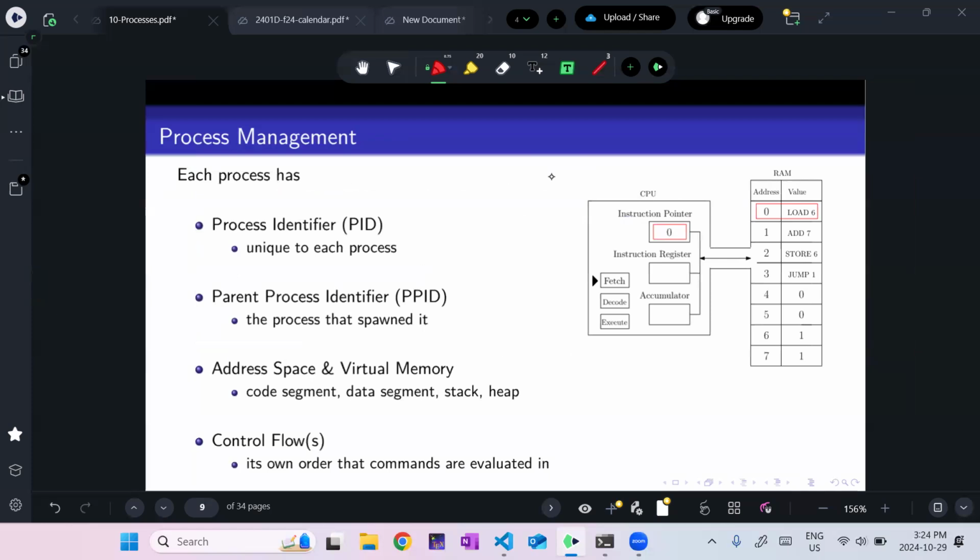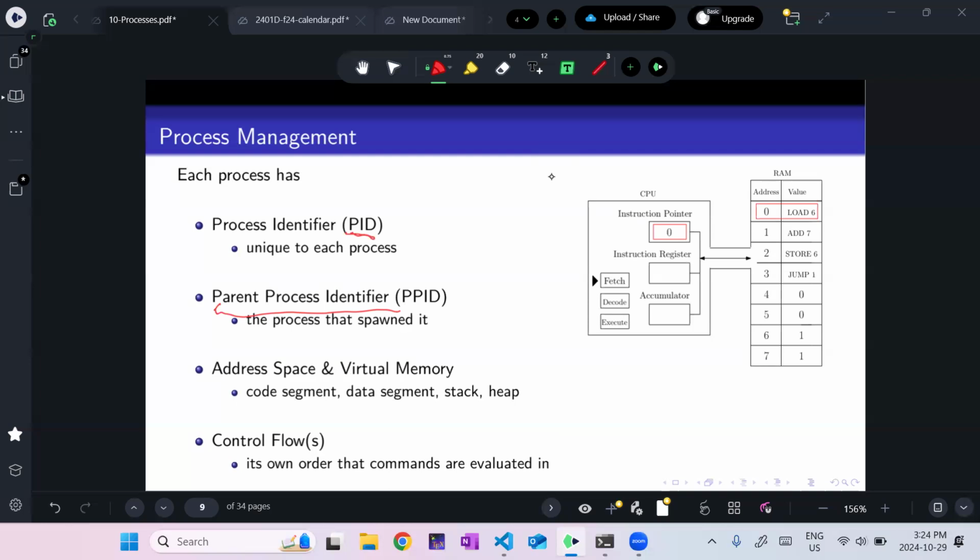Okay. Each process has a process identifier. So it's unique to each process. We're going to see, and that's usually what we use to interact with it. We say, kill this process, and I give it the number, and then that process gets killed. I have a parent process identifier, so every process is effectively spawned by another process, except for, there's some great-great-grandparent off when you booted up your computer. That is the first process.